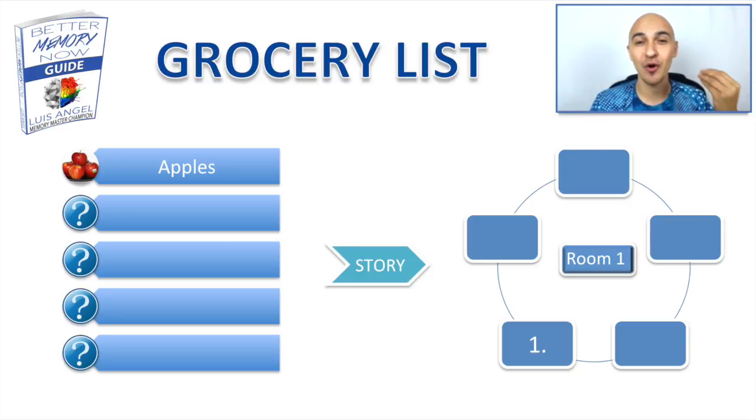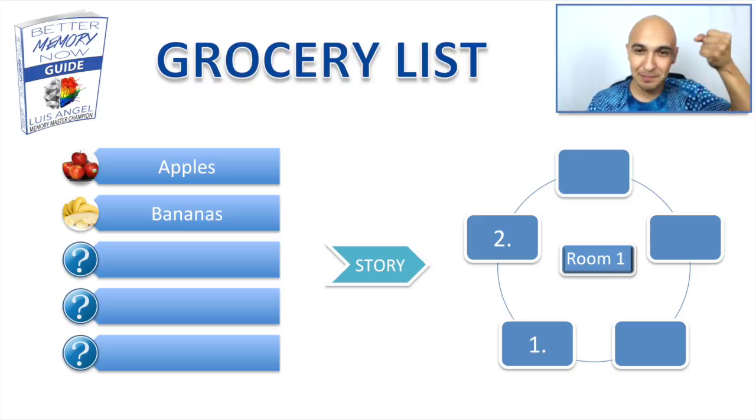Add a lot of action. The more action, the easier it is for you to retrieve it later on. On the second location, for me, it's a couch, so I would picture a banana tree growing out of the couch. So I'm plucking bananas from that banana tree, and maybe I'm sitting on the bananas on the couch. I don't know, the weirder you make it, the more vivid, the more action you add to it, the more senses you add to it, so what does it feel like, what does it smell like,